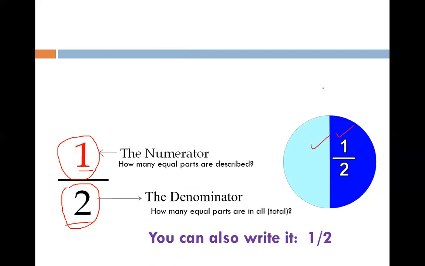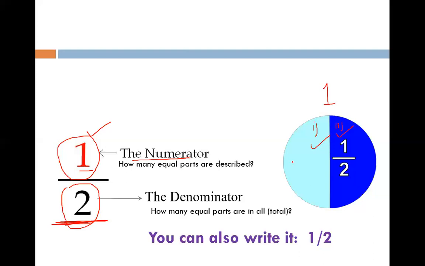This one whole figure is divided into 2 equal parts. This is the first part, this is the second part. And here we have the total number of equal parts. So the total parts always come in the denominator, always down below the fraction bar. So you have to write the total equal parts in the denominator, and the number which you have taken, or you have eaten, or you have shaded, you have to write at the top as the numerator, right?